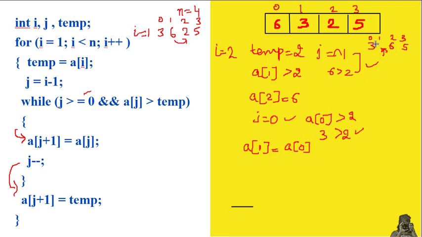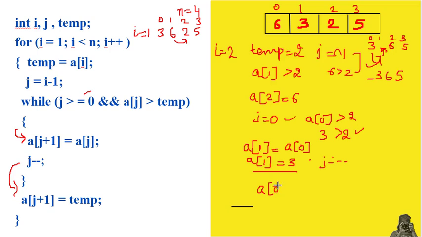So now current a of 0's value is 3, and a of 1 at this location 3 will be shifted. So a of 1 will store 3 now. Now this has been shifted, so this space got blank. So this is how our array will look like, and this location is vacant. So after this assignment statement, jth value will be decremented by 1. Now j was storing 0, and after that j will be negative. So out of this j will be -1.